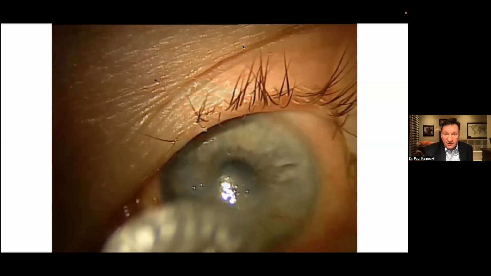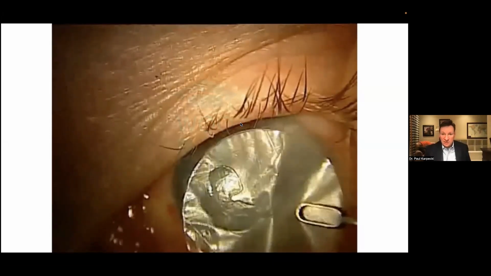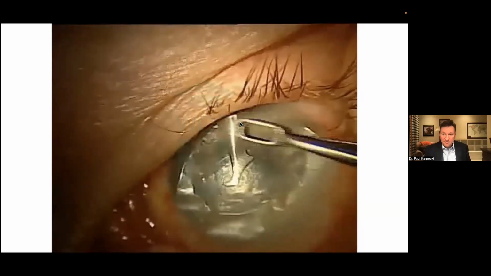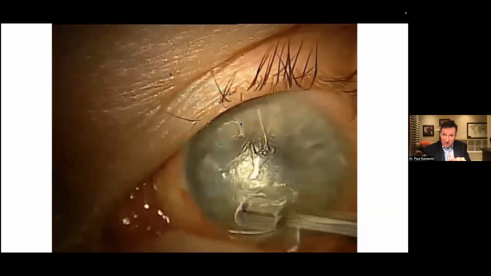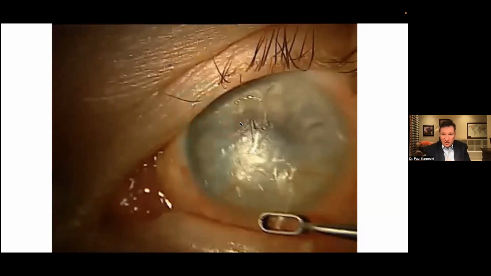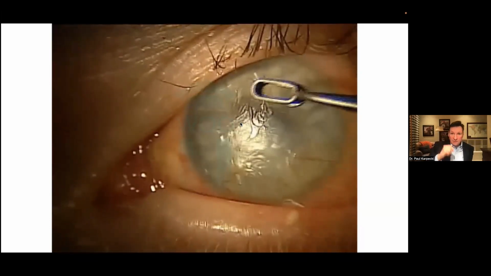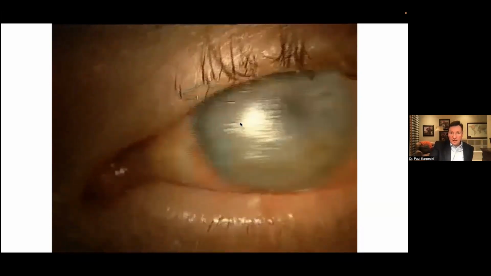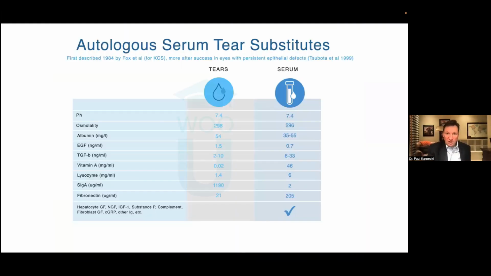Next thing on this is the dry forms. Once again, have the patient's eye open to the slit lamp, place it over the eye. You can now apply a bandaged lens, or you could even put that on the bandaged lens and put it in the eye. Or in this patient, I couldn't get the bandaged lens to work for him the first time. So I'm just going to lift the upper eyelid, place it over the top, and then I'm going to tape his eye closed for the next 48 hours. And I'm amazed by the response I'll get in the moderate severe forms for this as well. Then I use one of these seals that we'll talk about a little later.